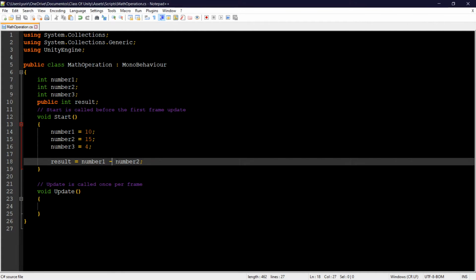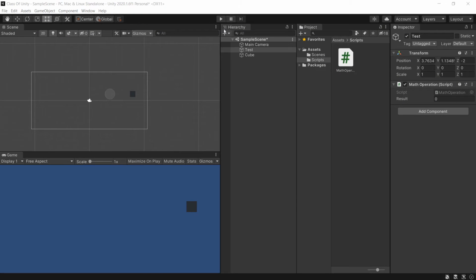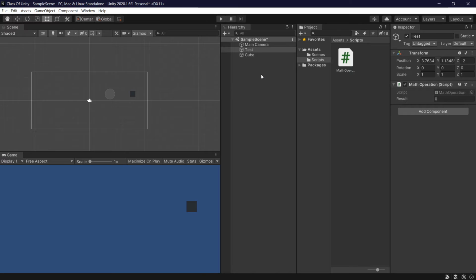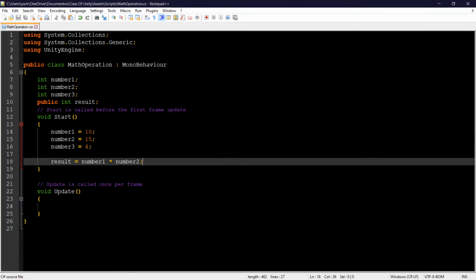We also have times, or multiplication. So number 1 multiplied by number 2, 10 multiplied by 15. It should be 150 if I'm not wrong. Let's see what happens. Okay, go again. Yep, 150. That's correct. And also we have multiplication. We also have